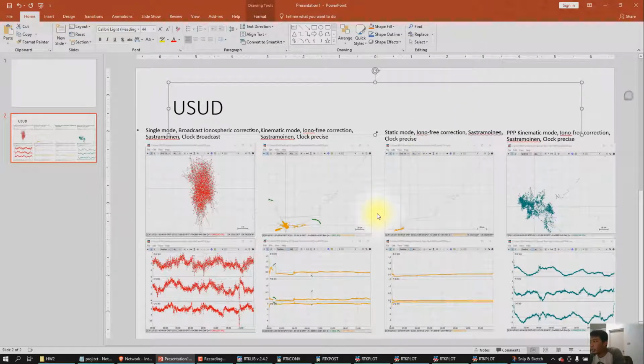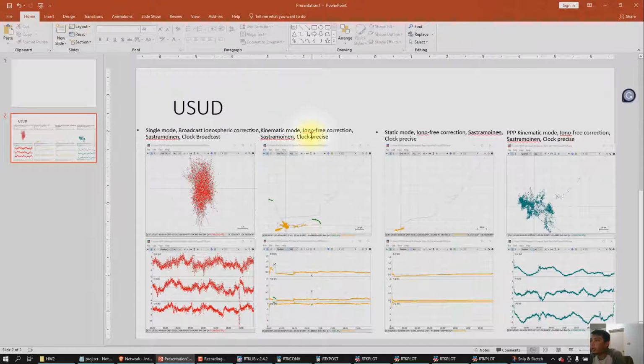Alright, if we look at the error, the highest one is the raw data. It still contains a lot of error, and when we use the kinematic mode we remove the error from the ionosphere and the troposphere, and we use the precise clock, and it shows better accuracy.